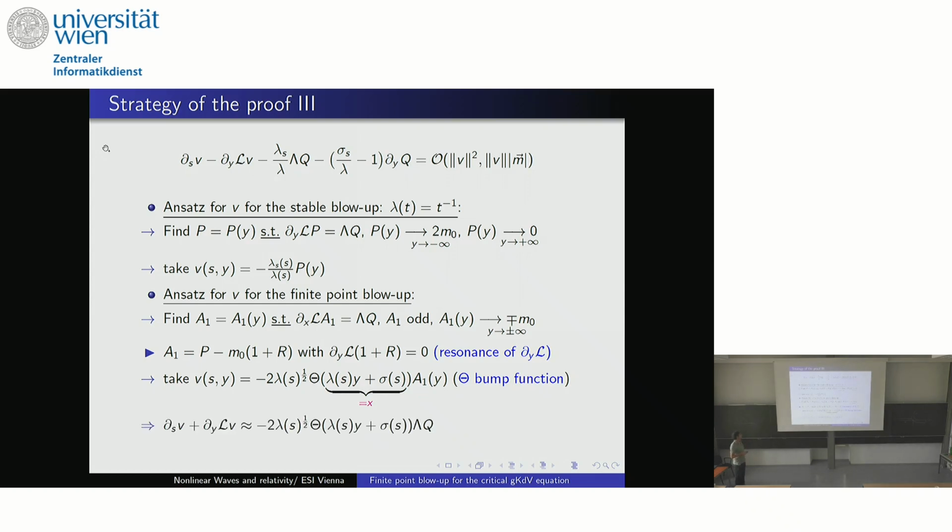So first, when you plug this ansatz here, if you disregard the ds derivative and you think that dyl will fall directly on lambda q, you will get an equation like lambda s over lambda has to be equal to 2 lambda to the 1/2. And this you can solve formally, and you find lambda s is s to the -2, and then you can come back in the original variable, and this is the blow-up rate we have. So this is really given here.